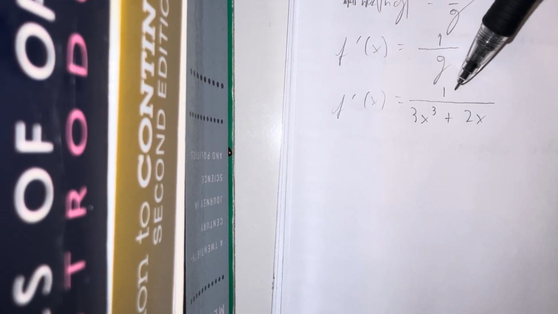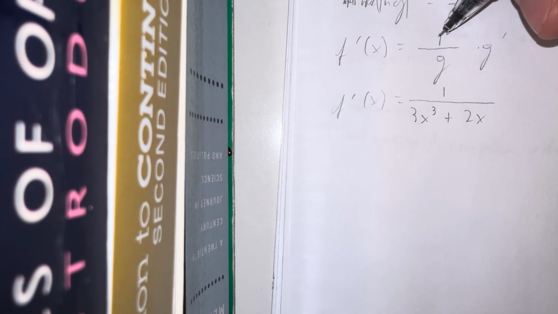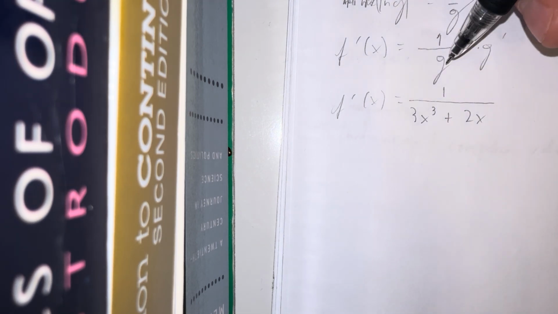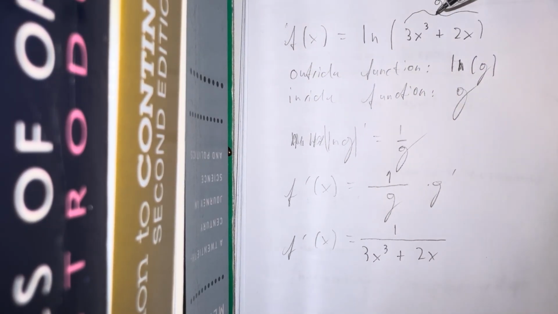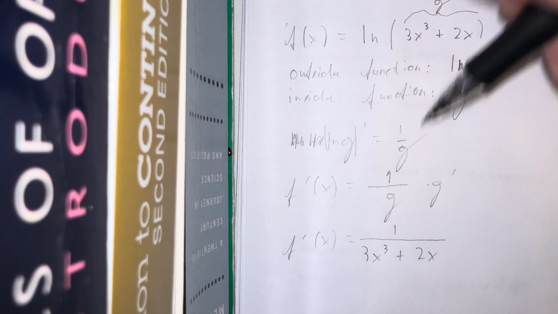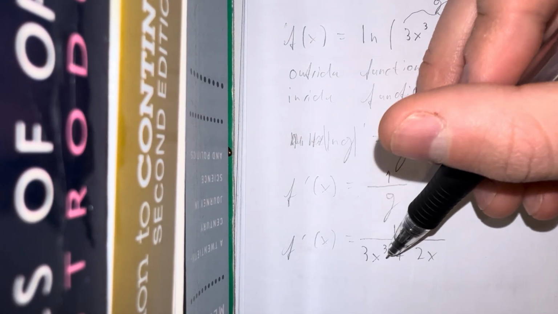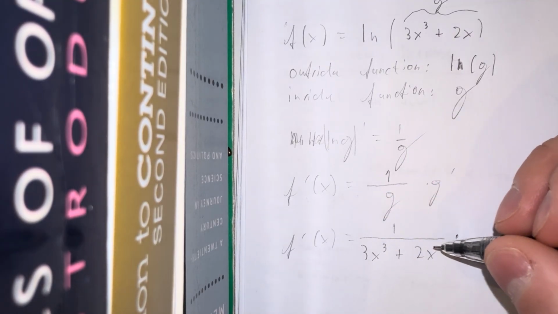Now we only focus on the outside function, which is the logarithmic. And the logarithmic one is just 1 over whatever the expression is inside the logarithm. And we just substitute it right in. Don't do the derivative of this here. But then we're supposed to multiply with this derivative,